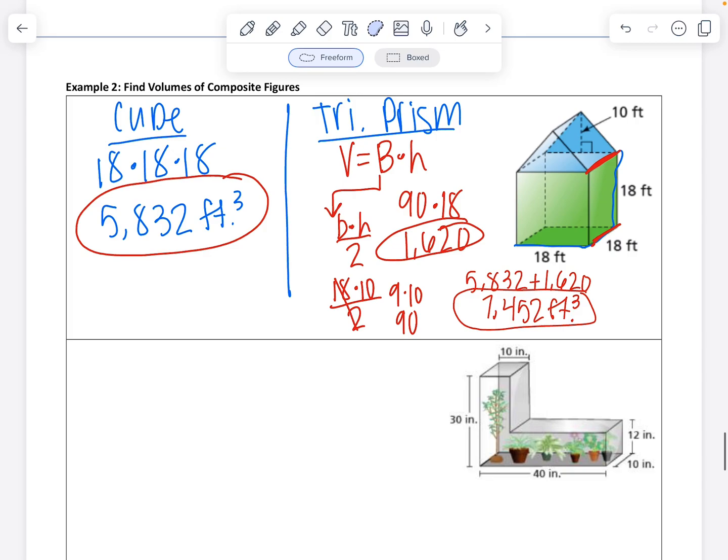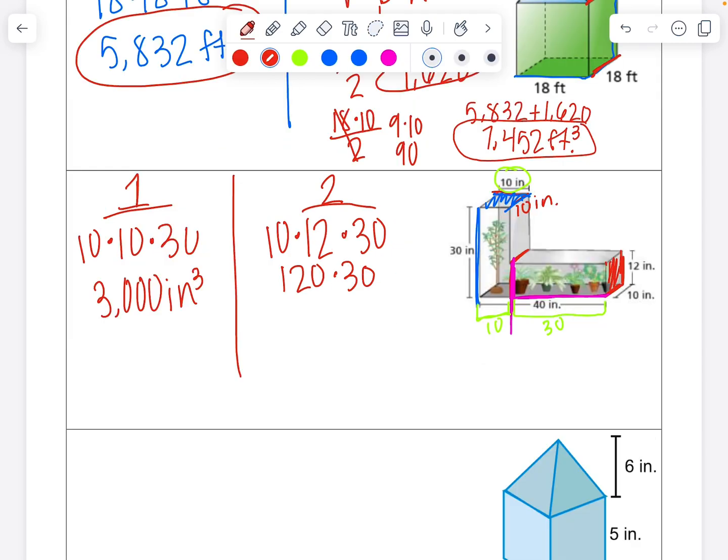So on this one, like I said, you're going to do 10 times 12 to find the area of your base, and then now you're going to multiply by 30, because that's your height. So 10 times 12 is 120, and then 120 times 30 would be